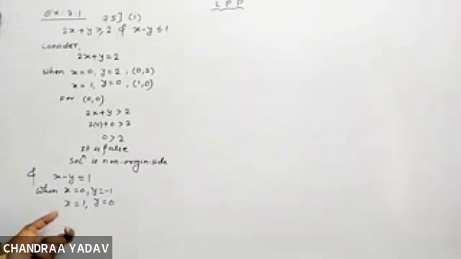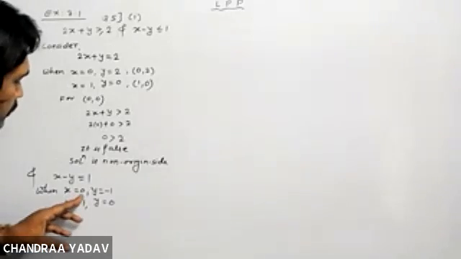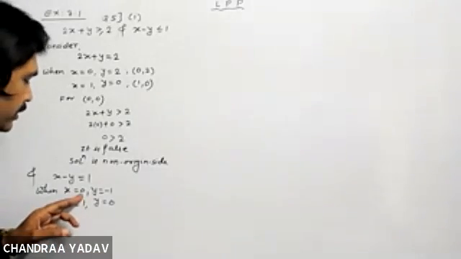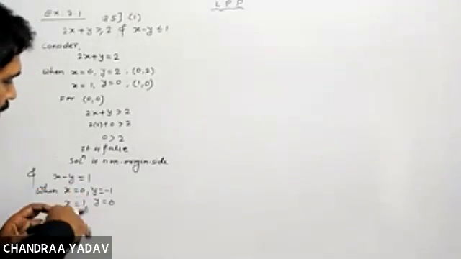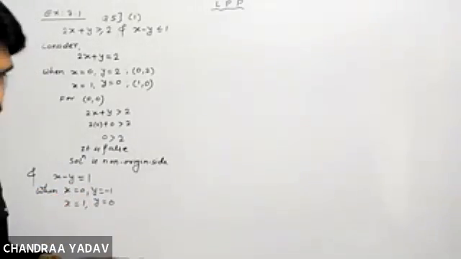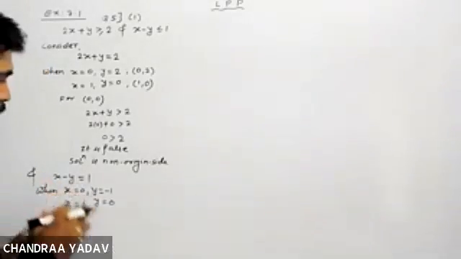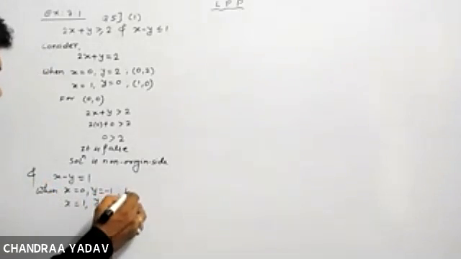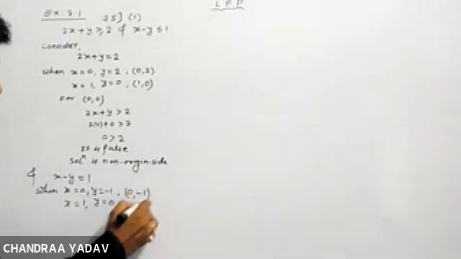See, when we are taking 0, calculation becomes very simple. If someone says that in place of 0 we consider any other digit, that is also correct, but then we have to calculate. If we take 0, calculation becomes easy. That's why I'm taking 0 here. So coordinates will be 0, comma minus 1 and 1, comma 0.